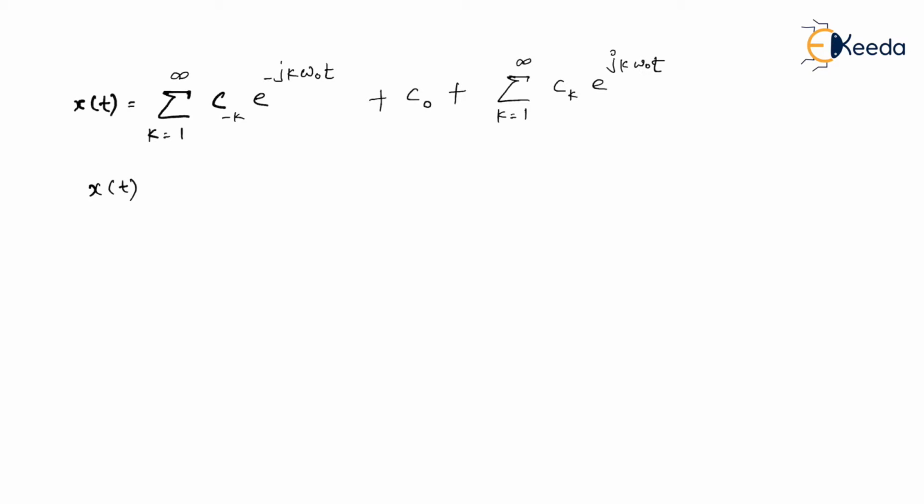Later on, you know that x of t is a real signal, and of course it is periodic, because if it is not periodic, there is no point to even discuss Fourier series. And from our syllabus point of view, we always believe that x of t is a real signal. As we have discussed in the last video lecture, whenever x of t is a real signal as well as periodic, then the set of ck, which is discrete in nature, satisfies even conjugate property.